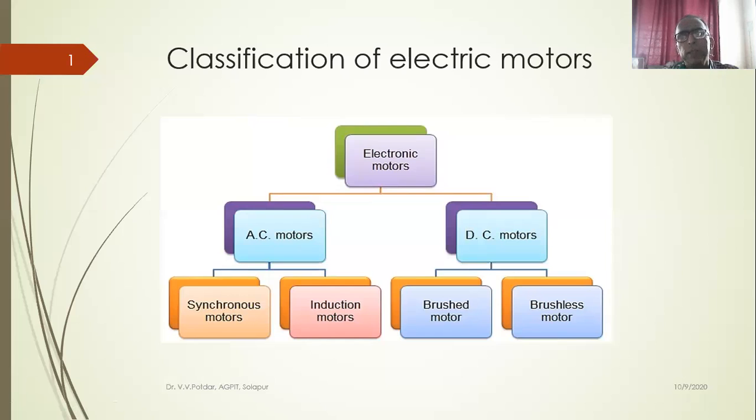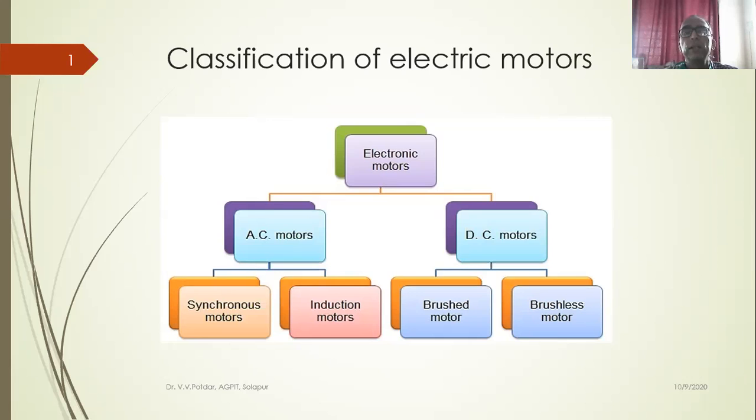Out of the three options, we saw some of the solenoids, some of the switches, some of the relays, which are not exactly in our curriculum, but those are also part of electric drives. Today, we'll discuss some electrical motors. We have already studied the principles of electric motors in the earlier classes. We'll just brush up faster.